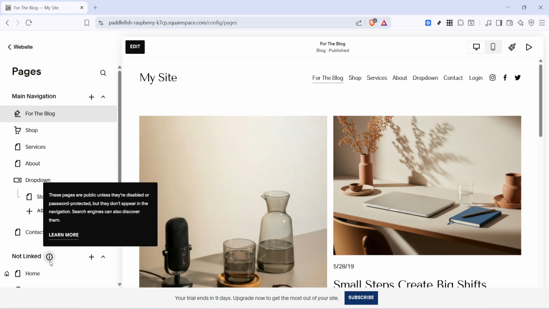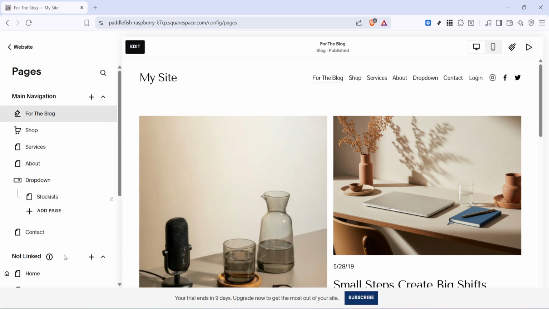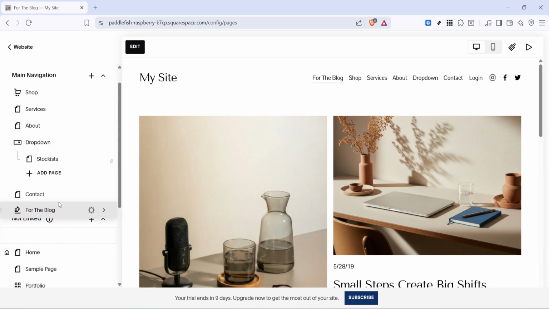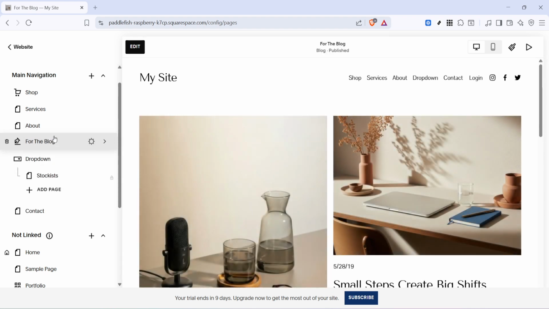But if it's in the Not Linked section, you can leave it there until you're ready to make the blog public, or you can move it to Main Navigation right now. To move it, click and hold on your blog page in the Not Linked section, then drag it upward into your Main Navigation area. When you release it there, your blog will appear in your site's Main Navigation menu where